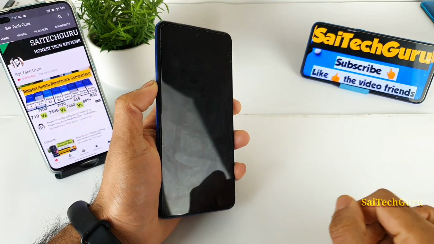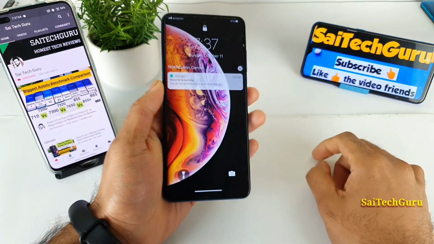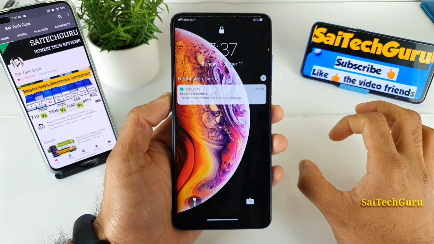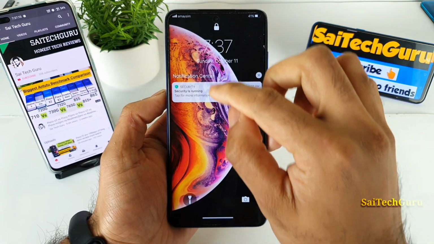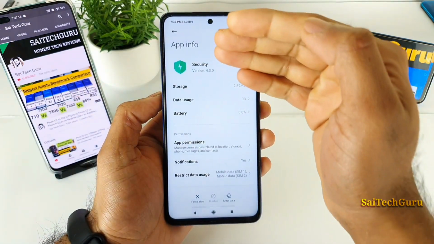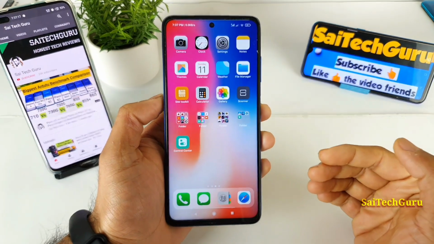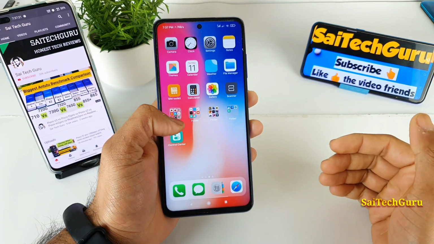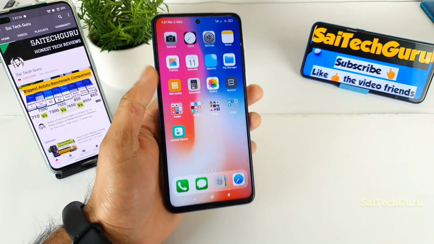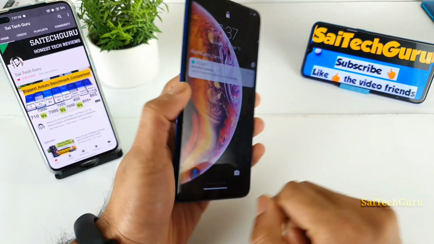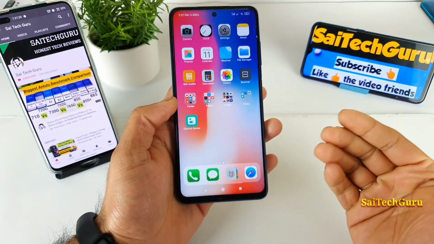And the third and last is the lock screen. As you can see, friends, a lock screen which looks very close to iOS. If you get multiple messages in one application, you just need to tap on that one and all the messages will be opened on the lock screen only. If you tap again, it will take you to the internal messages. That is quite an advantage in terms of the lock screen. Not only that, you have flashlight accessibility directly from the lock screen.